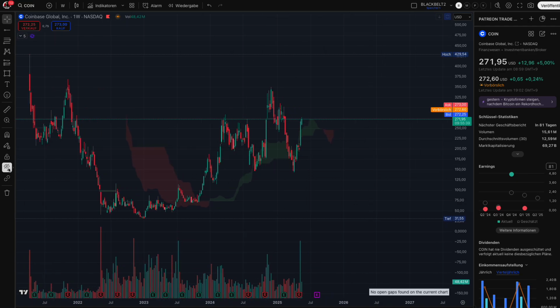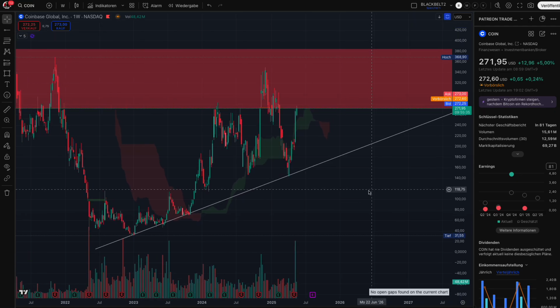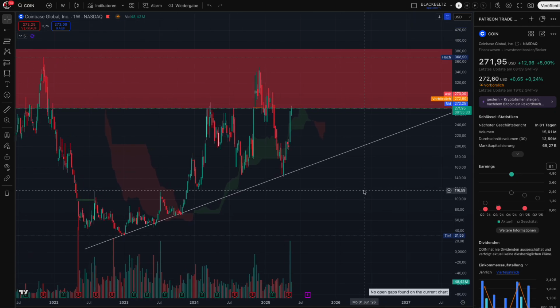I will enable my drawings for you guys. I mentioned before that we have some hidden signals in the chart. And what do I mean by hidden signals? We have these volume spikes. We just had, in the beginning of May 2025, one massive volume spike. It looks green, right? The same here, guys, and the same here. So three very big volume spikes which clearly